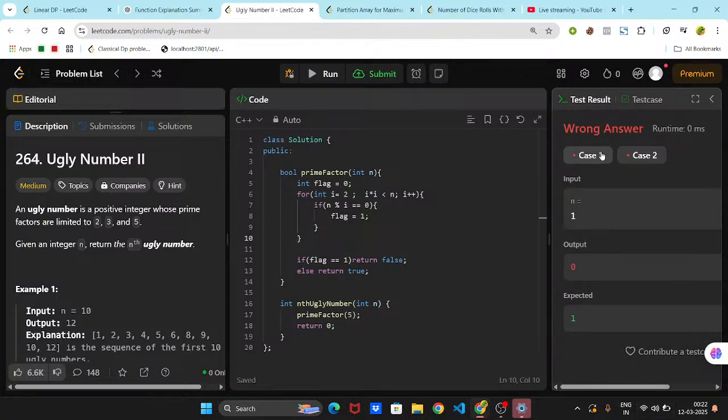तो मतलब 5 तो तेरा प्राइम फैक्टर है, तो ट्रू रिटर्न करना चाहिए था कि नहीं करना चाहिए था। 5 तेरा 2 से डिवाइड होगा, नहीं होगा, तो फ्लैग की वैल्यू तो तेरी 0 ही है। 5 तेरा 3 से डिवाइड होगा, नहीं होगा। 5 तेरा 4 से डिवाइड होगा, नहीं होगा। क्या गड़बड़ हो गई।